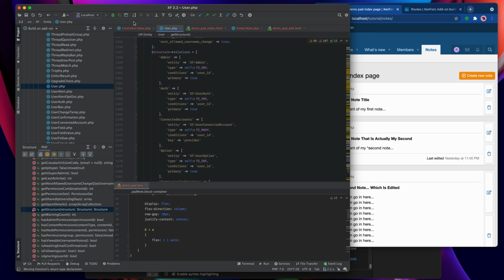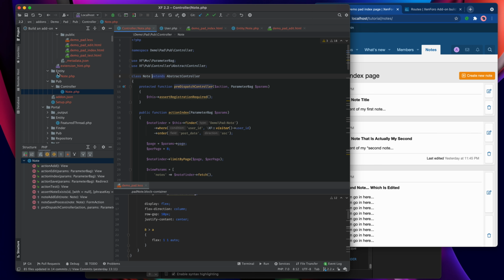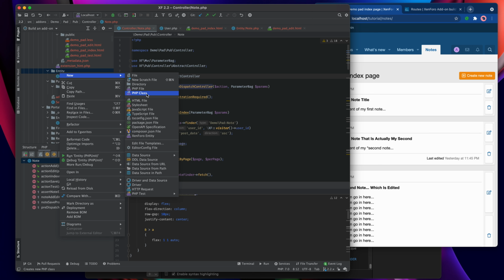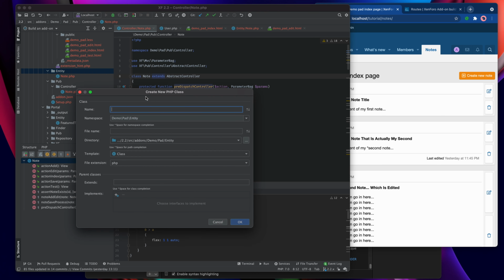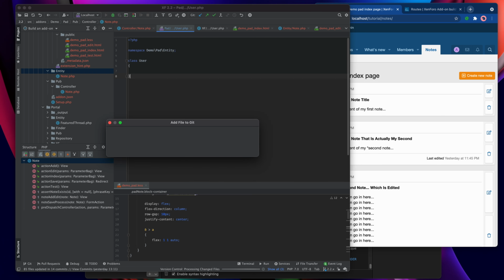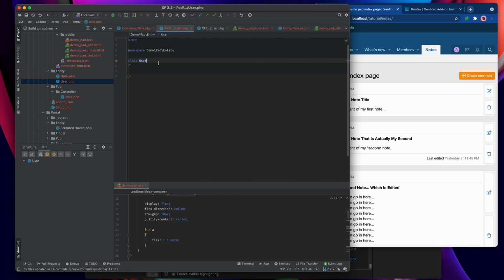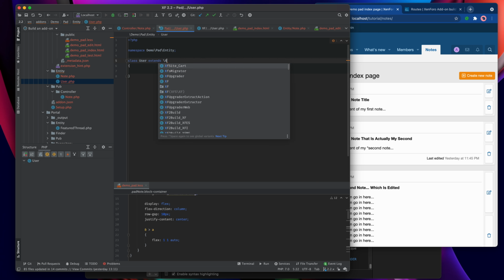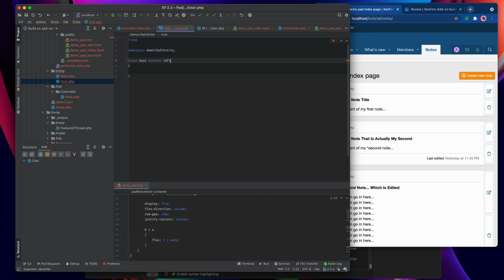To do that, I'm going to head over to my entity directory and create a new PHP class called User. And then I'm going to tell it that it extends the XF Entity User.